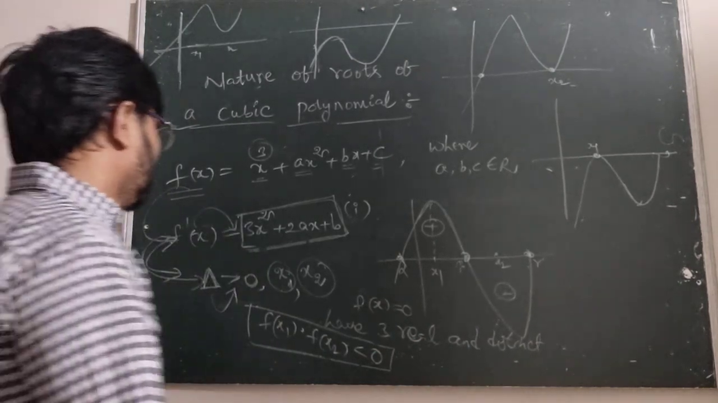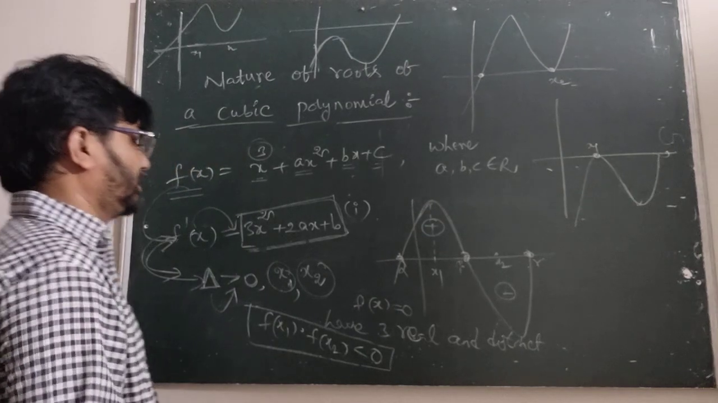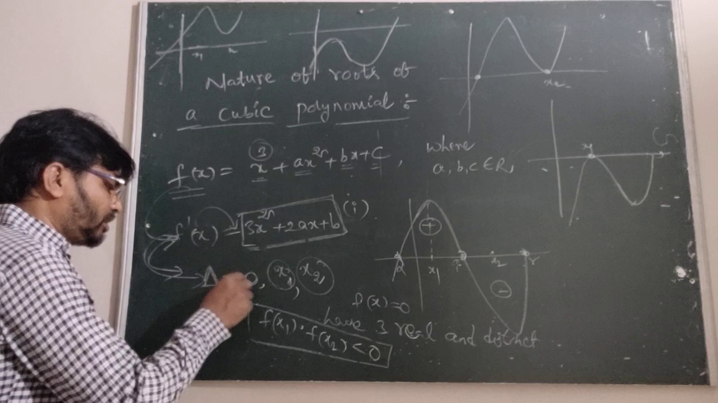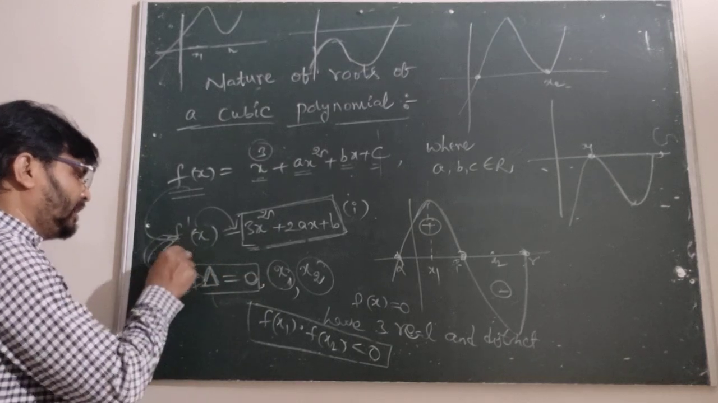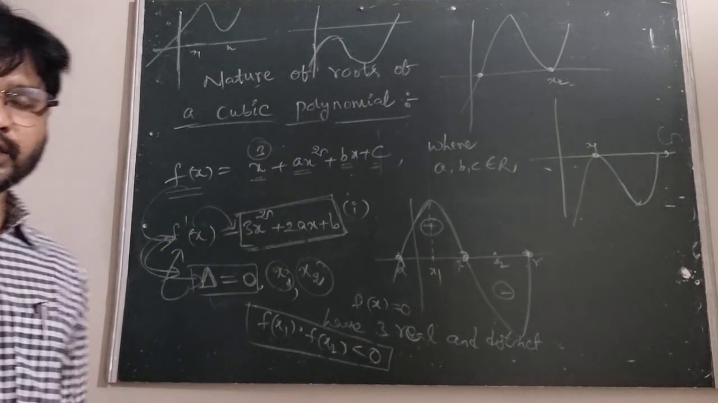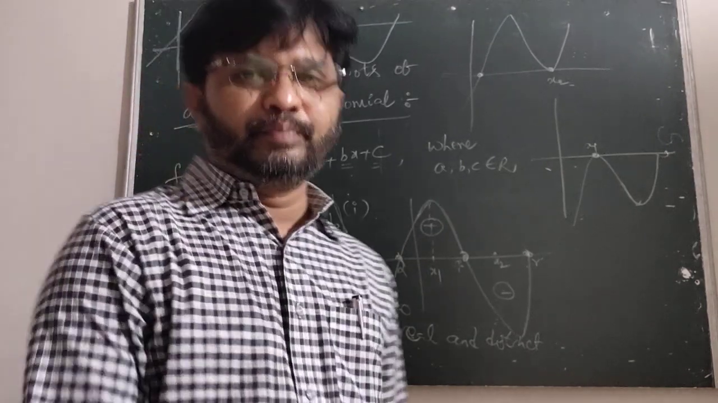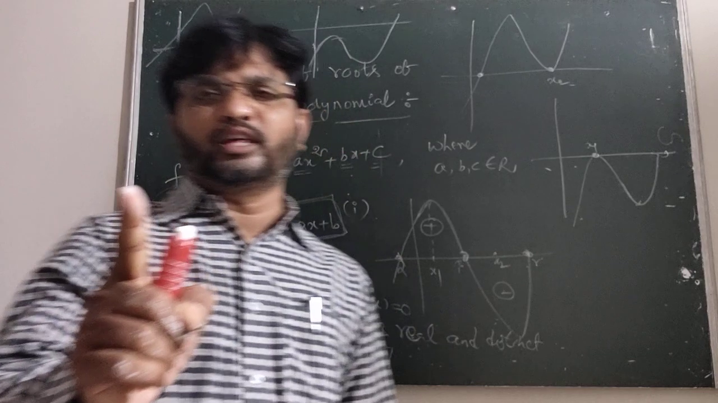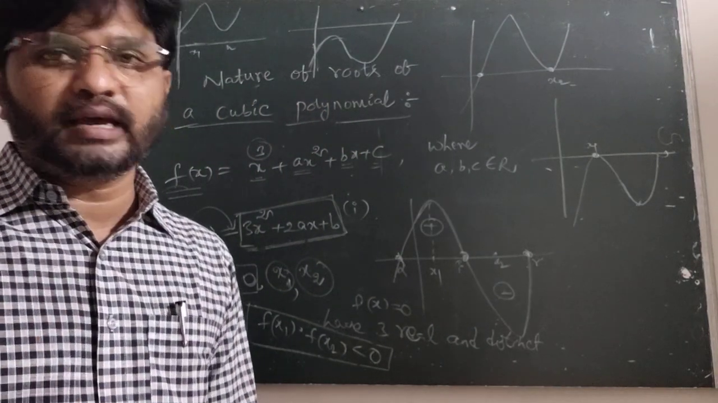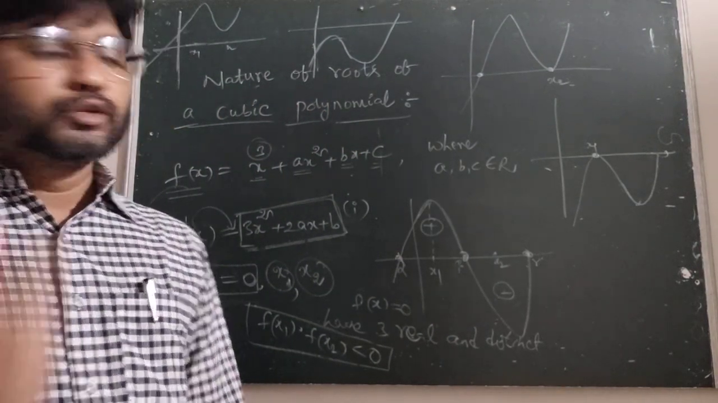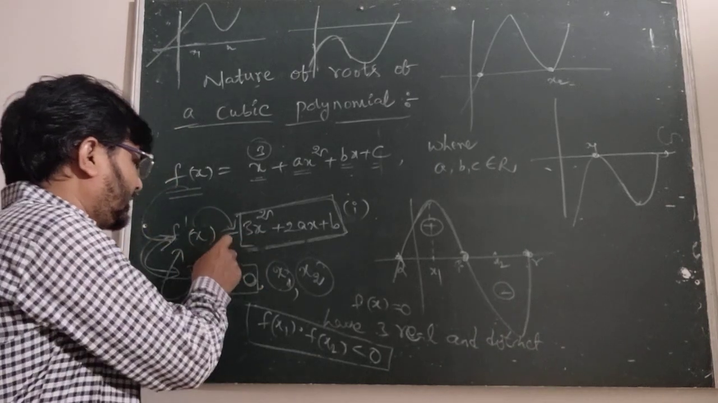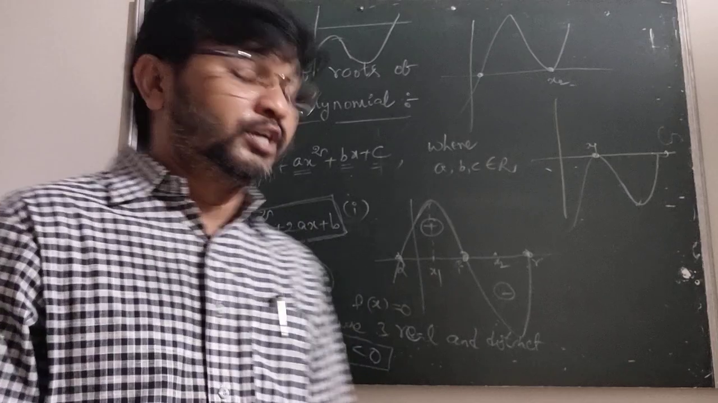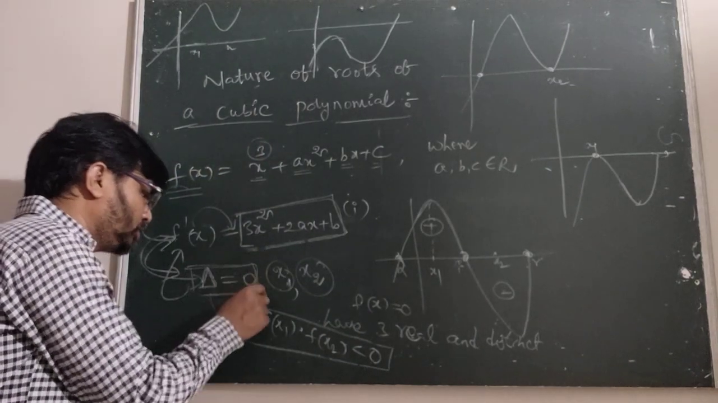Now we are going to the second case. What is the second case, sir? If the discriminant of f dash of x equal to 0, then already at the beginning we know that the cubic equation must have one real root. We are thinking about the remaining two roots. So whenever the discriminant is greater than 0, all three roots are real and distinct. When the discriminant is 0,